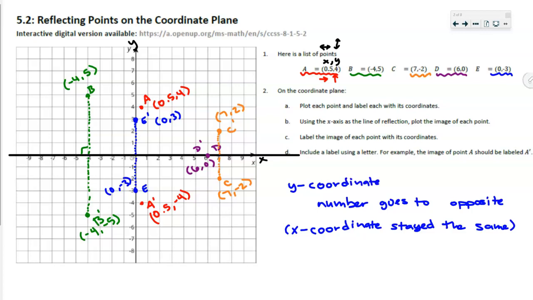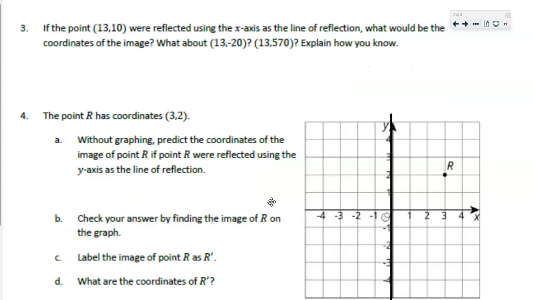Instead of just saying one number does, we're going to be really specific and say it's the y-coordinate that goes to its opposite. The x-coordinate stays the same. I want to ask you why, so I'm going to let you ponder that. We're going to do another example. Why are we seeing this behavior? If I'm reflecting over the x-axis, why is it that the y-coordinate goes to its opposite and the x-coordinate stays the same? I'm going to leave you with that thought, explore it in your head, and now let's look at